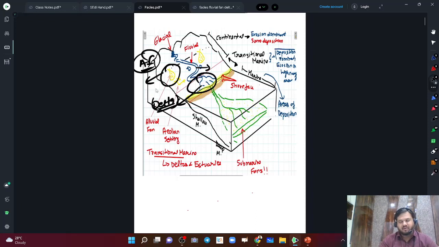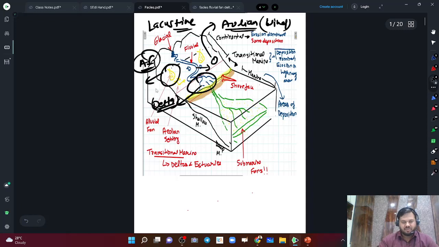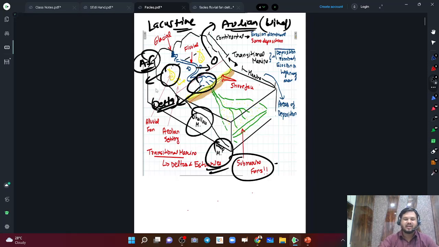Apart from this riverine or fluvial, we also get a lot of aeolian deposits. The deposits by wind also, right? We also have lakes. In geology we call it lacustrine deposits. Then of course we have a lot of deposits in the marine setting. We call it shallow marine, deep marine setting, right? The turbidite, all those things, submarine fans. This is there. So these are the sedimentary depositional environments,